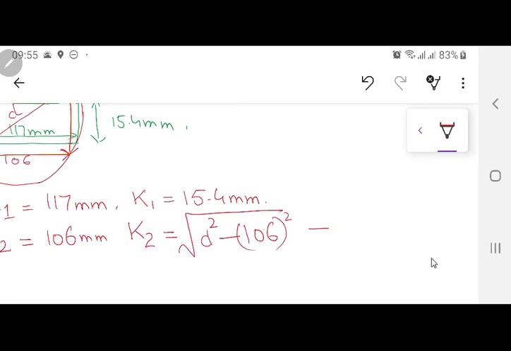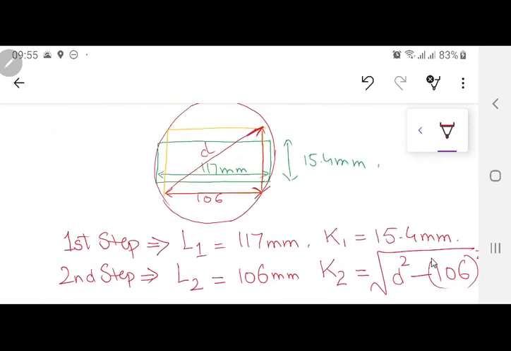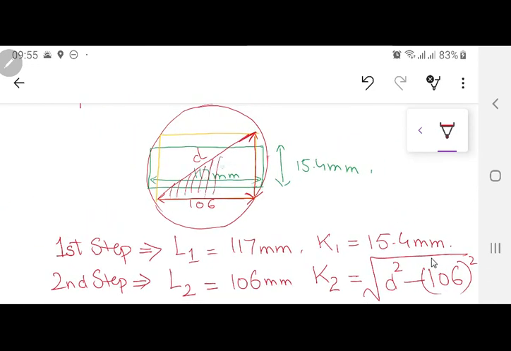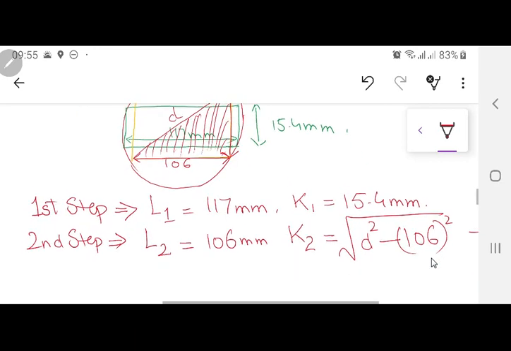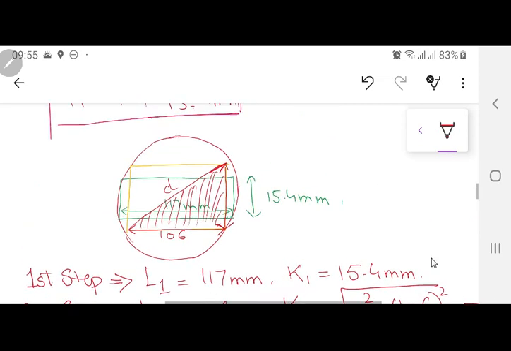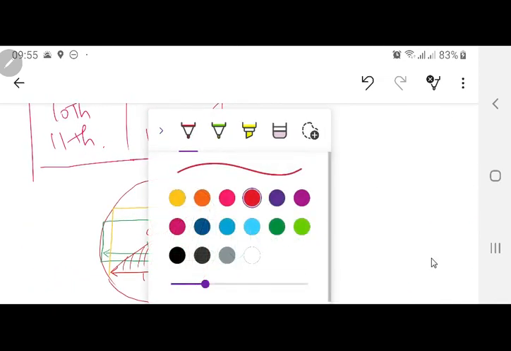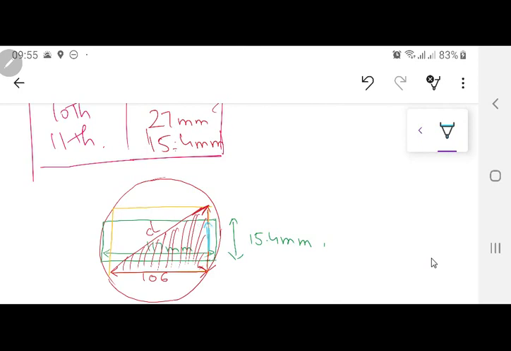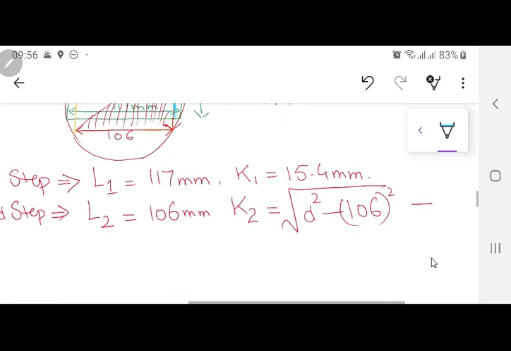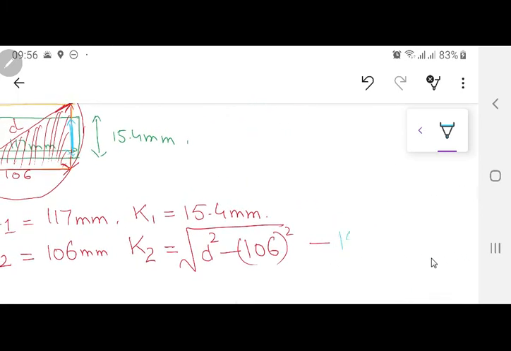Again दोबारा देखो, चलो एक सेकेंड. This triangle which I am seeing over here, ठीक है, hypotenuse d, base 106. I need to find out this perpendicular. ये लेंथ कितनी होगी? d square minus 106 का स्क्वायर. Now this length has this length added over here. ठीक है, वो तो फर्स्ट स्टेप आ गया. हमें सेकंड स्टेप दोनों तरफ इक्वल इक्वल कितना है वो निकाल रहा है. तो हम क्या कर रहे हैं, माइनस करेंगे उसमें से k1. And what is the value of k1 over here? We already know this is equal to 15.4 mm.